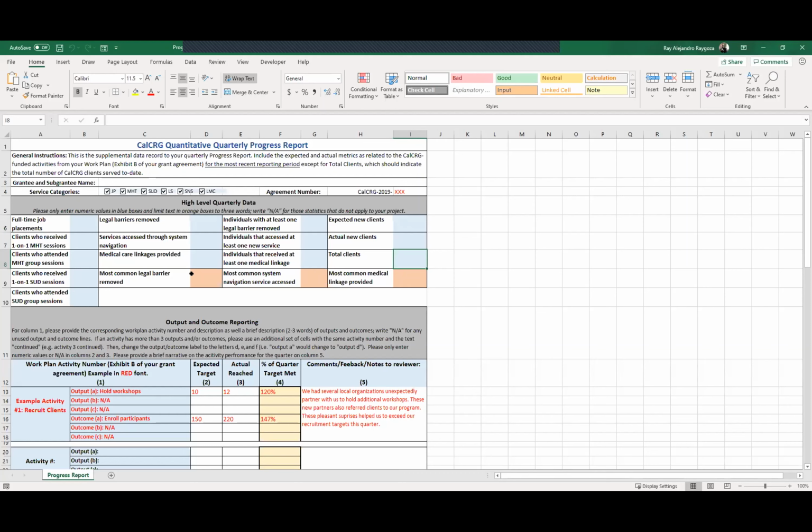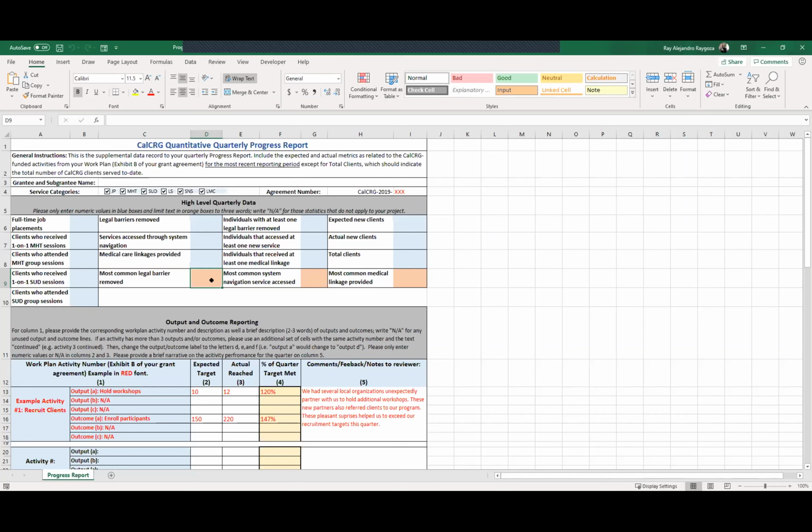And then lastly, we have these 3 orange boxes. And you can enter text here. The other ones are numbers, but you can enter text here. We wanted to get an idea of what are the most common services that you're providing. So in this case, most common legal barrier removed, most common system navigation service accessed, and most common medical linkage